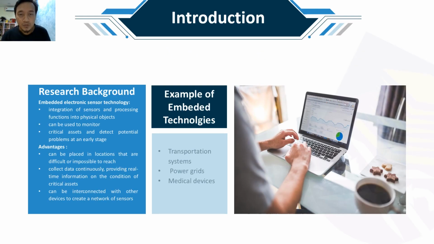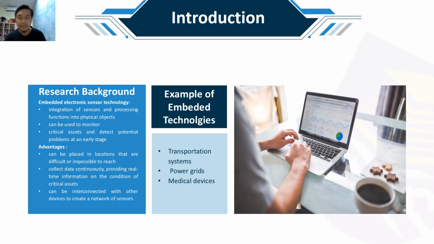Let me begin with the introduction. What is embedded electronic sensor technology? Embedded electronic sensor technology is the integration of the sensor and processing function into a physical object. It is a key enabling technology for the Internet of Things, or IoT, to collect and exchange data, which can be used to improve the efficiency of the process. This technology can be used to monitor critical assets and detect potential problems at an early stage to prevent failures